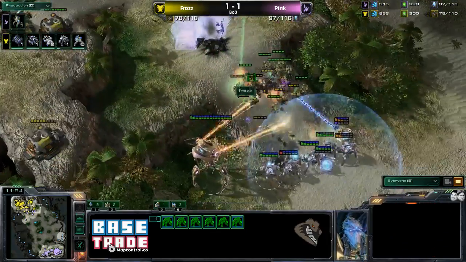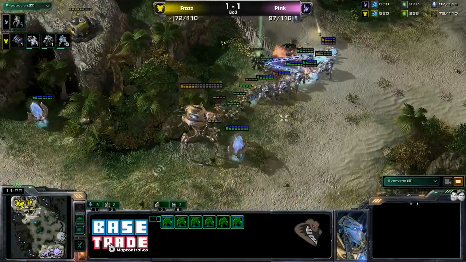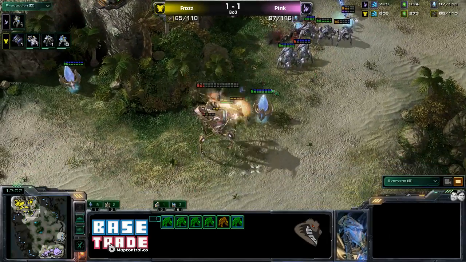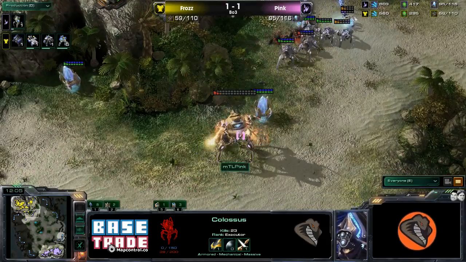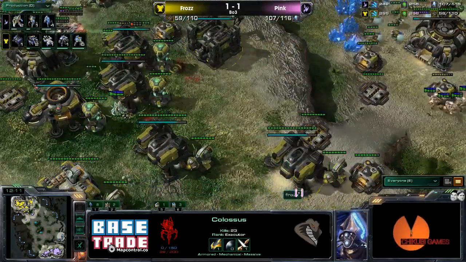Yeah, attacking at the front. Big damage. Yeah, Frozz is going to try and take that out without Viking support. SCVs are the only thing trying to take this Colossus out. Not quite enough, and yeah, that's probably going to be it for Frozz, so...